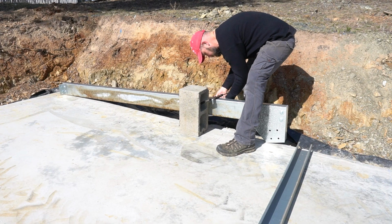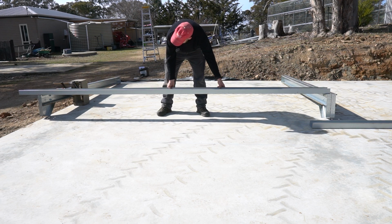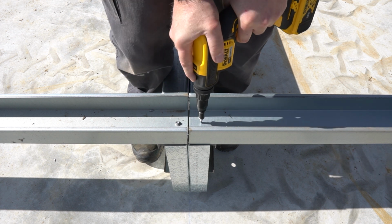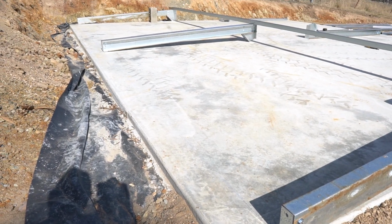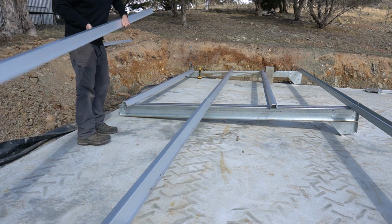Now I align the walls to join them with top hats. Start with just one screw at each fixture point to adjust the frame and ensure it's square by measuring diagonals. With only one screw at each point, it allows you to adjust the overall shape before locking it off with additional screws. Measure intervals for the top hats, and if including a window, set top hats at the desired height